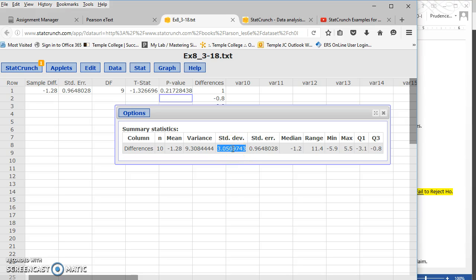And so those were two questions that I noticed that the book that MyStatLab asked for. And I didn't want you to feel like you had to do all the calculations. If they give you columns of data,